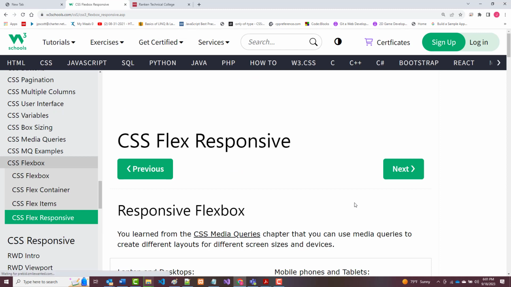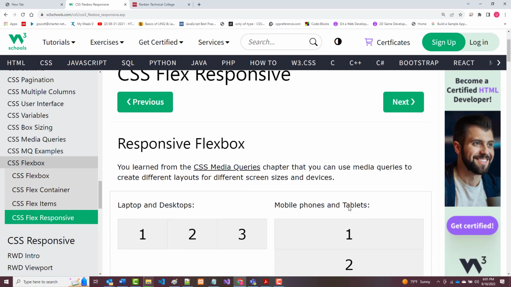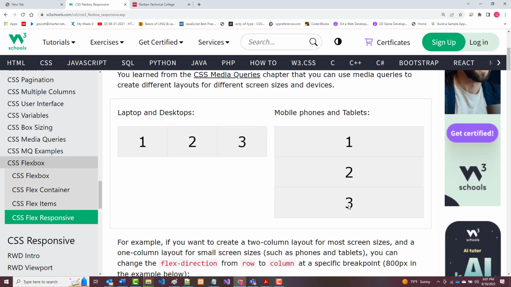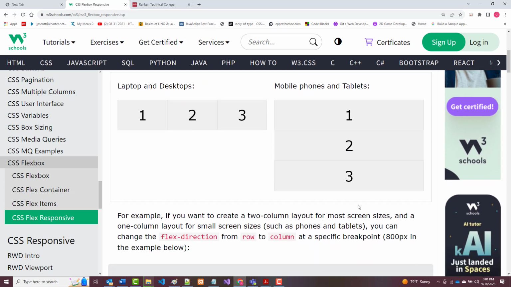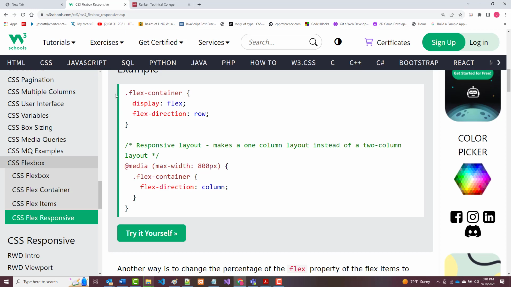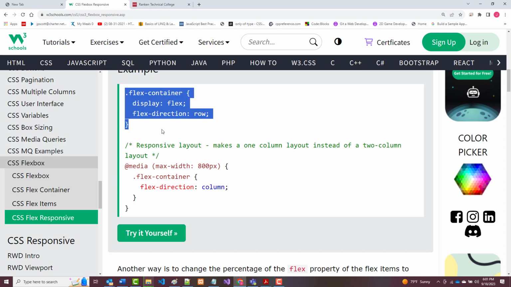All right, so finally to finish, this is the responsive. So as it says, we learned about media queries earlier, but you can use media queries along with Flexbox. It's not that Flexbox totally removes the need or the necessity for media queries, but it can help. So what are we saying here? We're saying naturally we want to display flex with a row. So we want it to go and stack